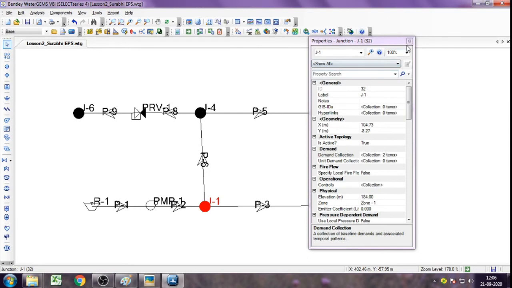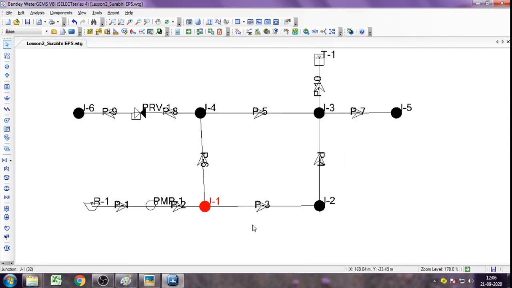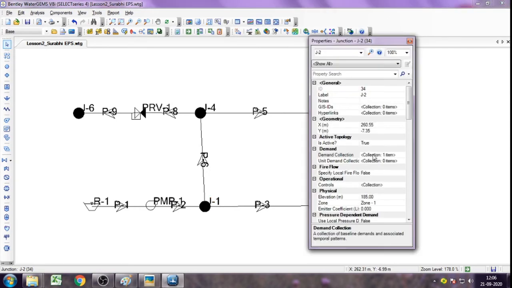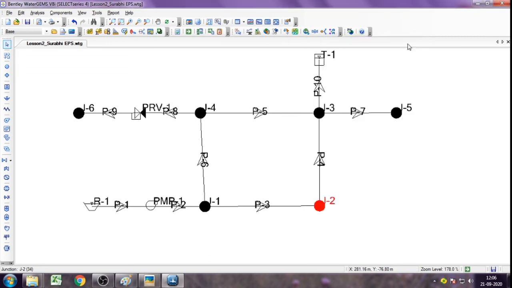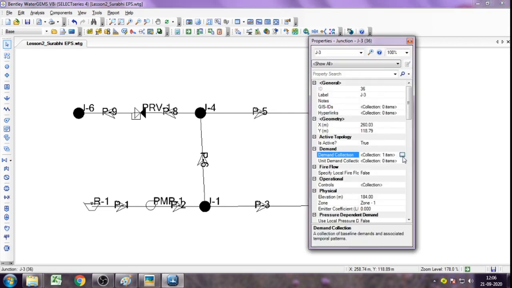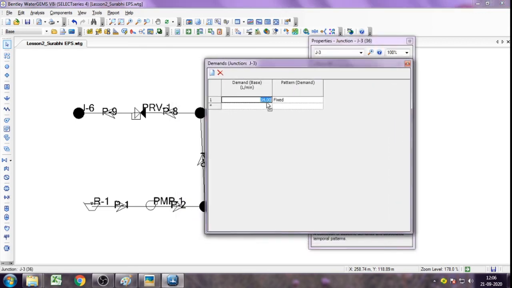So this is for junction number 1. Now we will be doing the same for all the junctions. So for junction number 2, the values are different for each junction. The demand is 23 for residential and 8 liter per minute for commercial. So this basically depends on whether the junction is coming in residential or commercial or both. In some cases the junction may be completely residential or completely commercial also, so you don't need to define both of these.